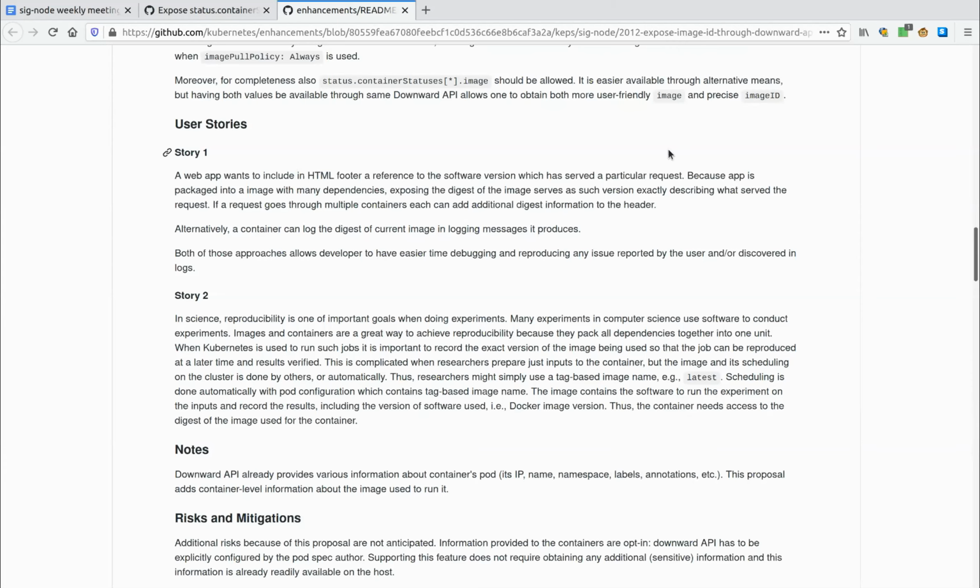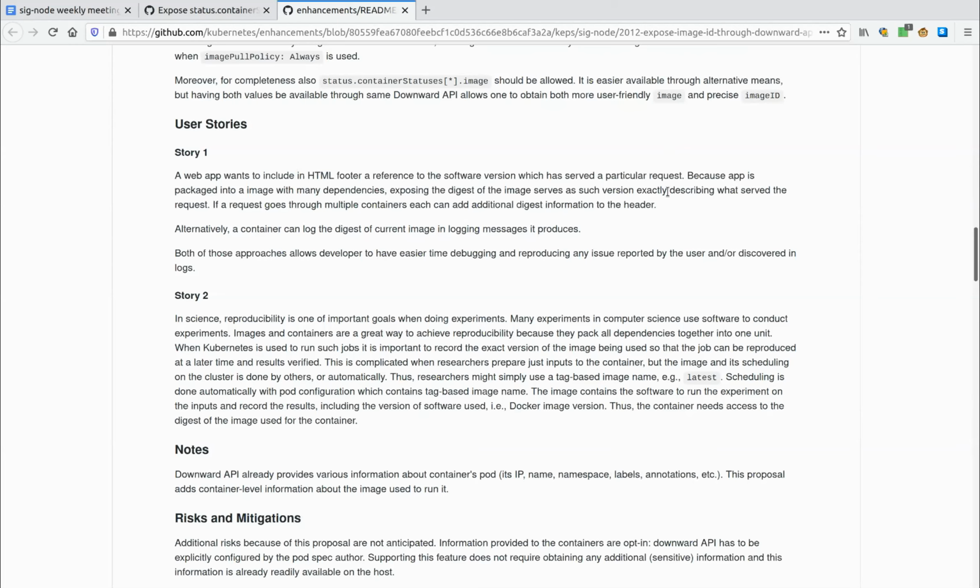Yes. Okay, perfect. So I mostly describe two user stories. One is about debugging and logging support, so that the container itself can send logs to the end user or to some logging system, and can include information on exactly who is logging this.